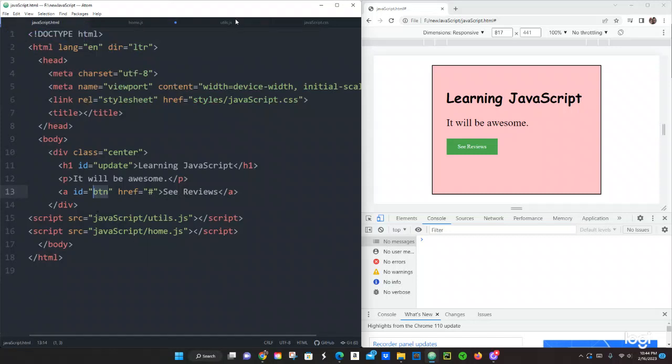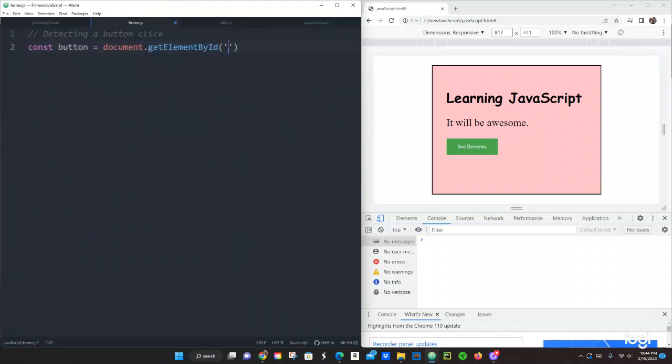It's going to be btn, and then a semicolon. And right here we're going to use that button element